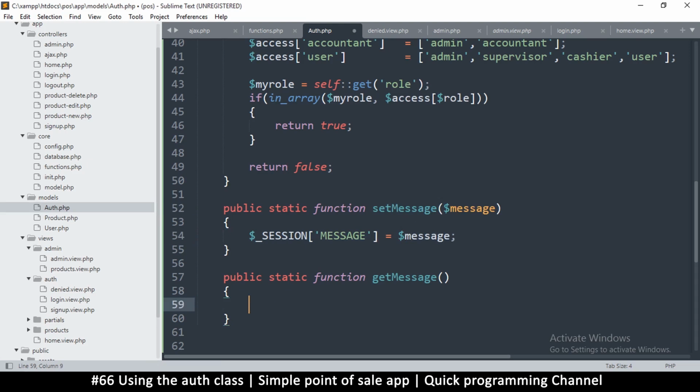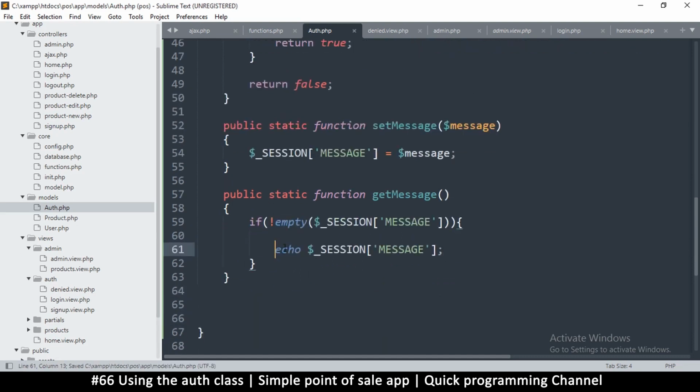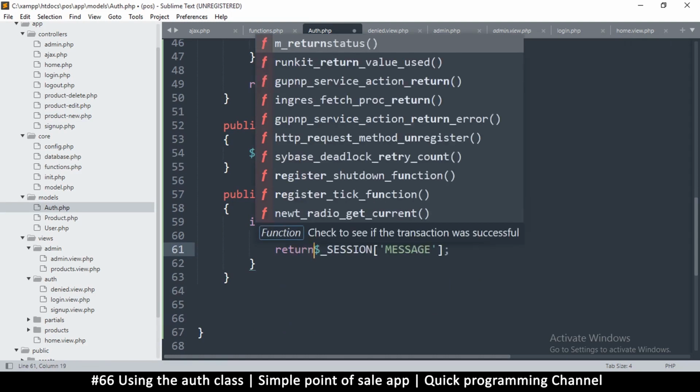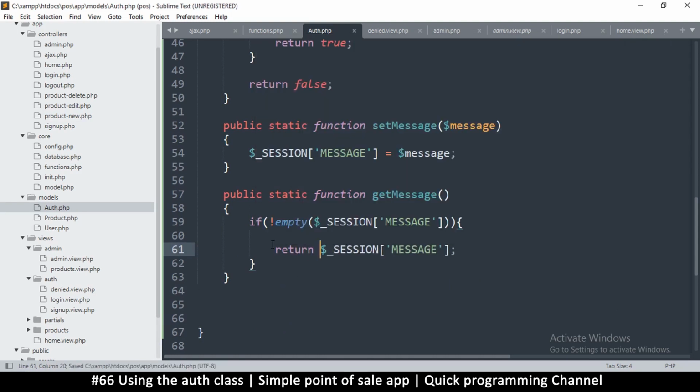But then when we read the message, we must empty it just after reading. That way we don't keep seeing it. So we will check also if it's not empty. That's when we show it. So if not empty message, then what do? We echo the message. Let's echo that message. We won't put any HTML here. We're just echoing the message. Actually, instead of echoing the message, let's return the message. That's much better because then we can choose what to do with that return later. So return message, and